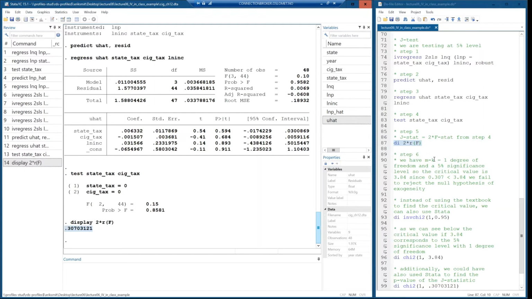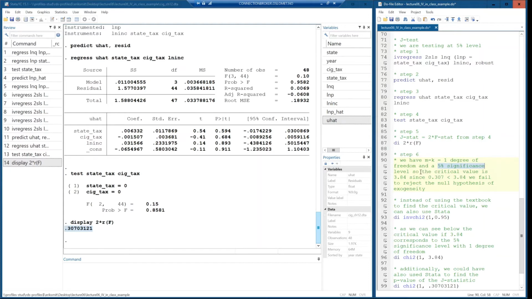So let's see. We have to find the critical value, and we use m minus k, which means that we have m instruments minus k number of endogenous variables. In our case, we have two instruments minus one endogenous variable, which means that we have 1 degree of freedom, and we are assuming a 5% significance level,